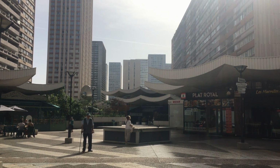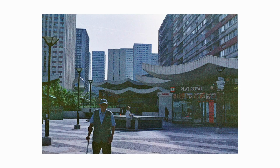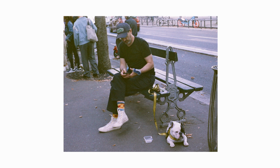But this is of course the roll that was ruined in the lab, so these are the grainier ones. As you can see, some of the photos were just outright completely ruined, and others were a little better, but they still just have so much color noise in them, which once again is really not the fault of this film stock, but more so the processing. Thankfully, Lomo 92 is not super expensive, which is always great news,